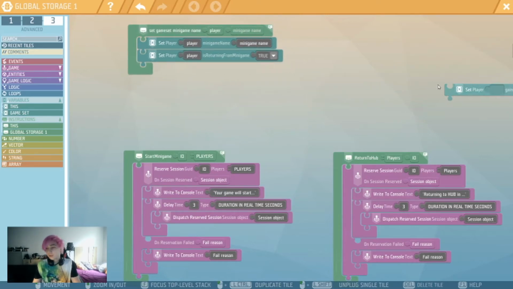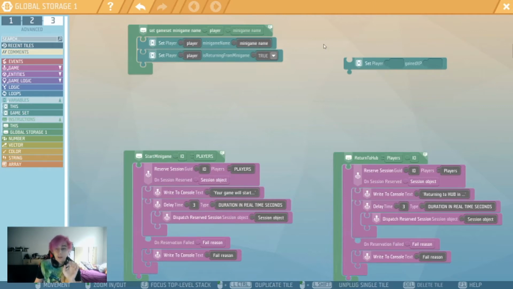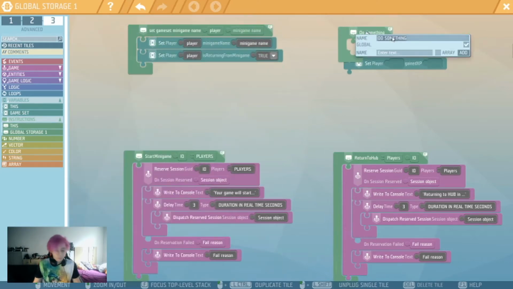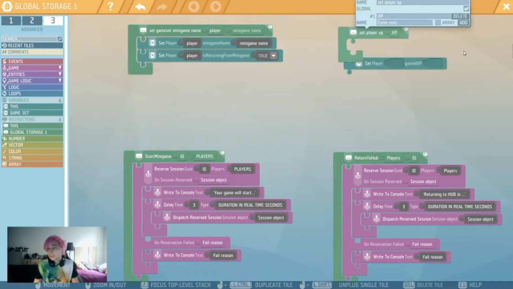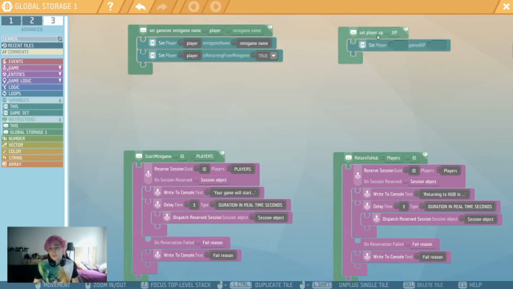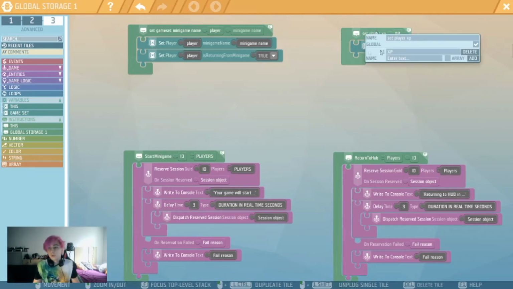So this is gonna be called at the beginning of the game, and then we are gonna need one more instruction that is gonna be set player XP, and that is gonna pass in the number of experience that he gets, and you'll need to create a function, of course, for the number of